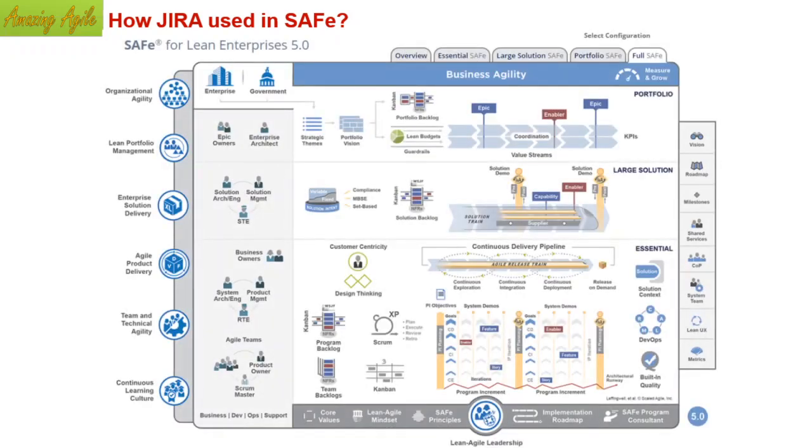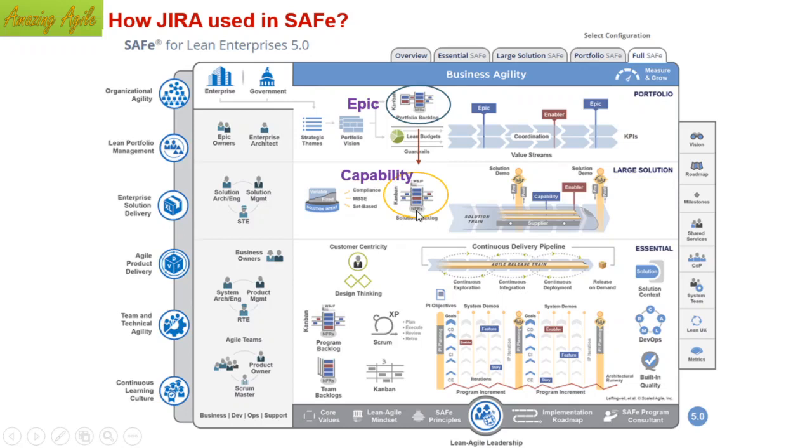Let's see. So here is the big picture for the Scaled Agile framework. I am not going to discuss anything else. I hope you are all aware of it. What I am going to say is this is the backlog. But which backlog? Portfolio backlog, the top backlog. We may not be using it, but just for your knowledge I am going to say something. So this is called Epic. Epic is derived to the large solution level called capability.